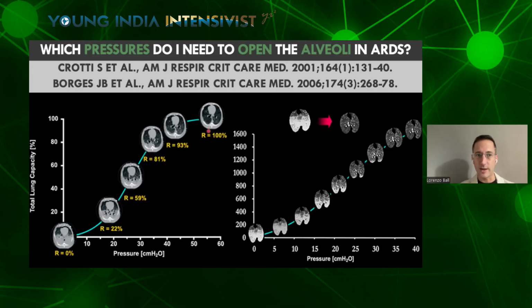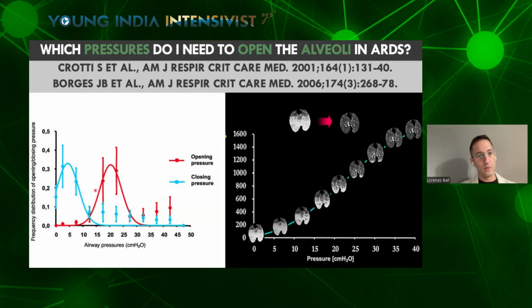So, for example, the hemodynamic compromise of applying a pressure of 60 centimeters of water is probably always unacceptable. But one important thing is that the pressure that we need to open the alveoli is often very high. Sometimes we have to reach very high pressures, as we showed before. Many units open around 20 to 25 centimeters of water, but the pressure necessary to keep those alveoli open, which